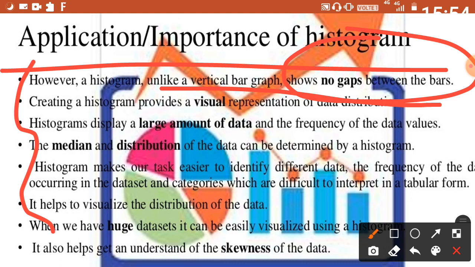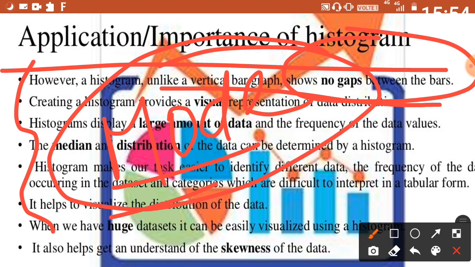But yet I will explain a bit about it. First of all, when somebody looks at the histogram, it becomes very easy for us to compare the data. That's the speciality of the histogram. Whenever somebody looks at the histogram, he or she can easily compare the data. So the histogram makes our comparison a bit easier. And in the histogram you can also find the mode. By using a histogram you can find the mode.